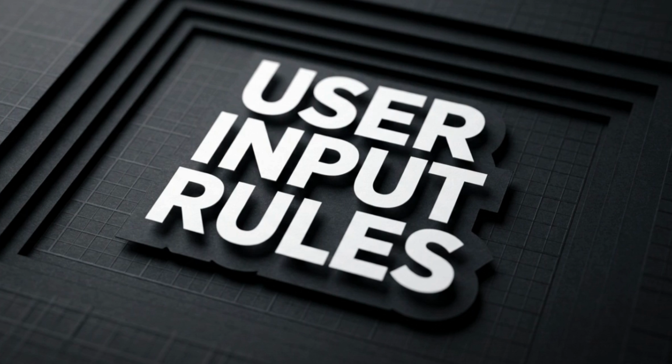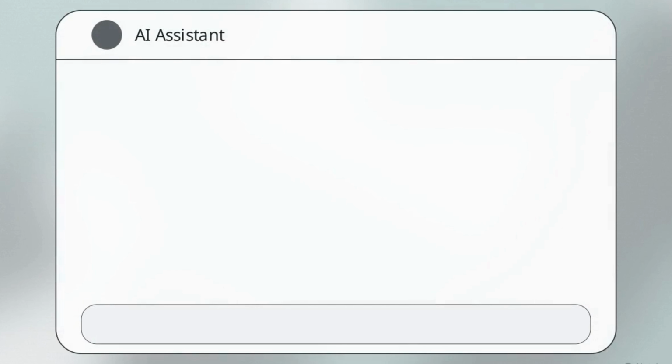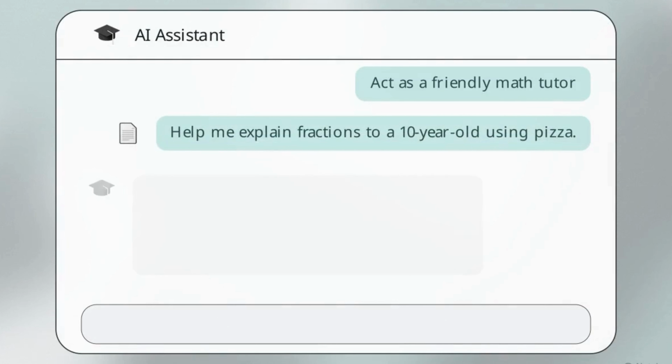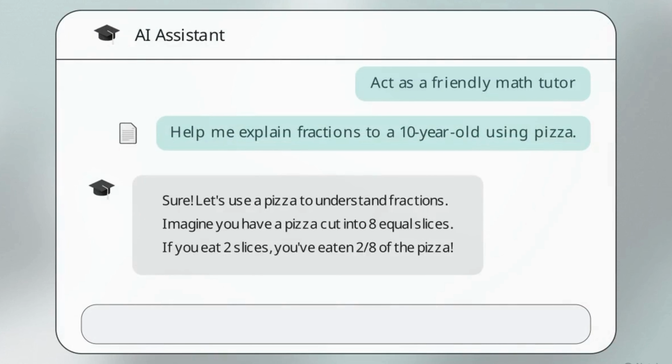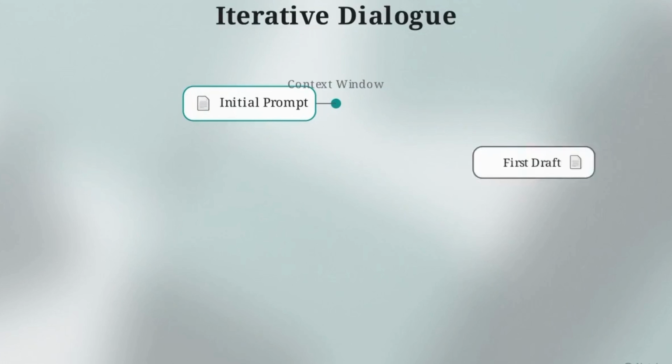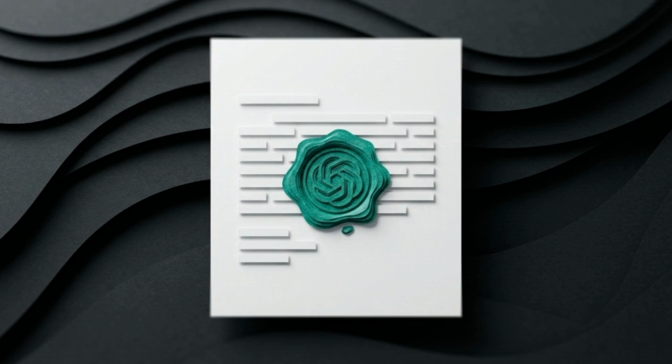To get the best work out of your assistant, you have to practice something called prompt engineering. That is just a technical term for giving clear instructions. You tell it exactly what role to play, like act as a friendly math tutor, and give it the specific context it needs to help you. You rarely get the perfect answer on the first try. The trick is to treat it like a conversation. If the first draft is too formal, you just reply, "Make it a little more casual," and it will rewrite